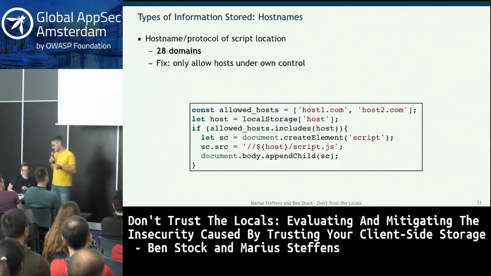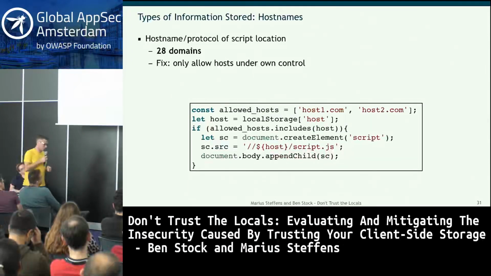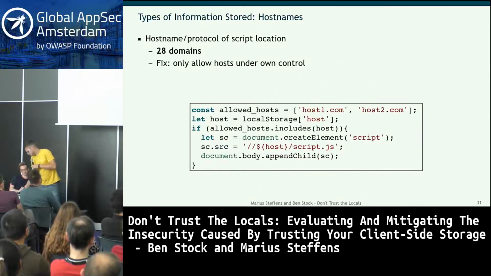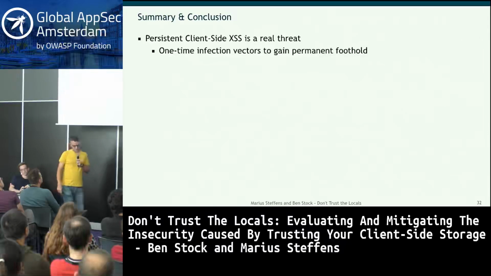And if you make sure that this happens, then even if as the attacker I'm able to control this value in local storage or in the cookies, nothing can happen because I won't bypass the whitelist check.